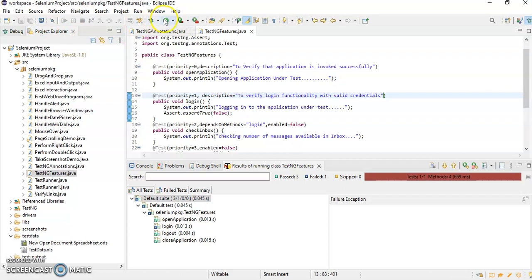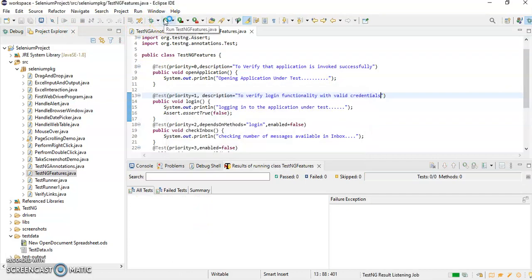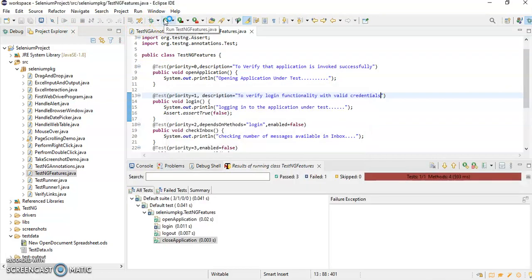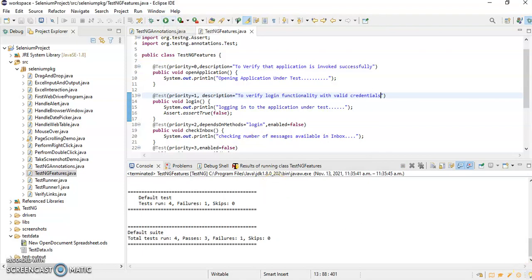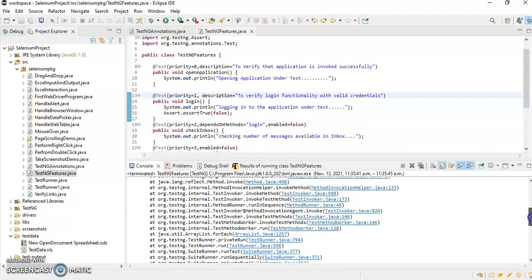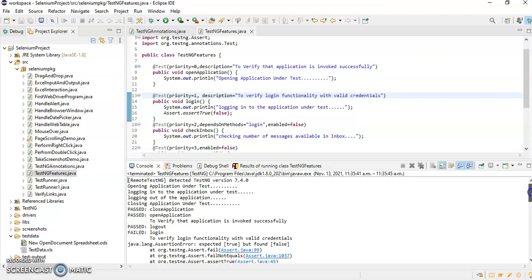So now if I run this, I'll get here, see, to verify that application is invoked successfully, to verify login functionality with valid credential. So basically it tells about the test case objective, okay, what that particular test case is going to do.